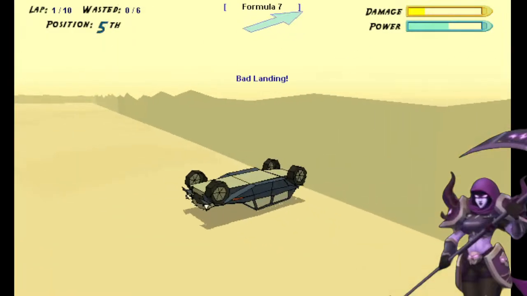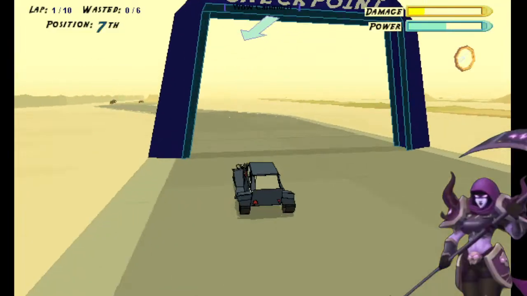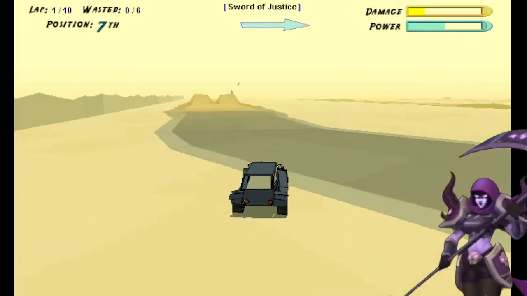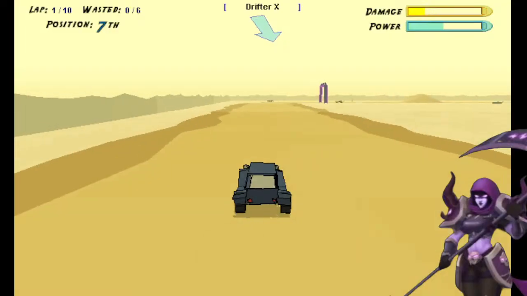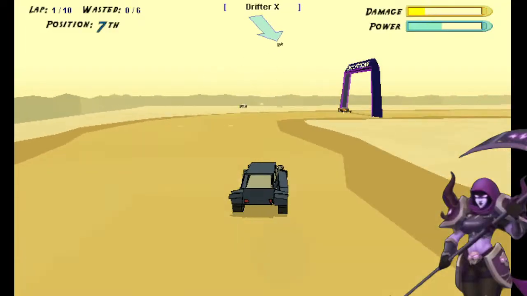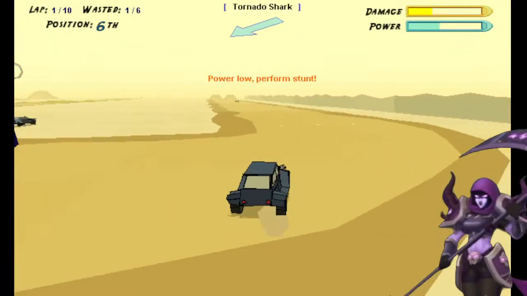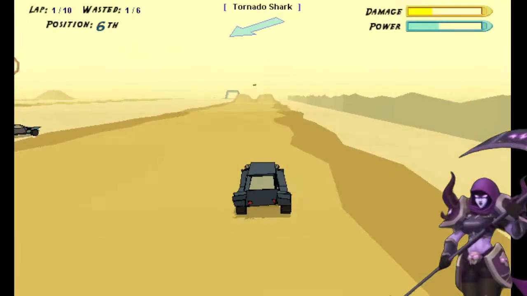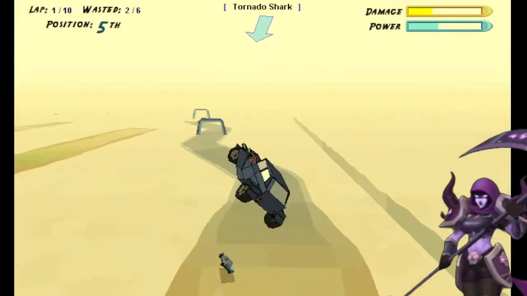Of course I end up upside down. And this is what I love about this game, because strength